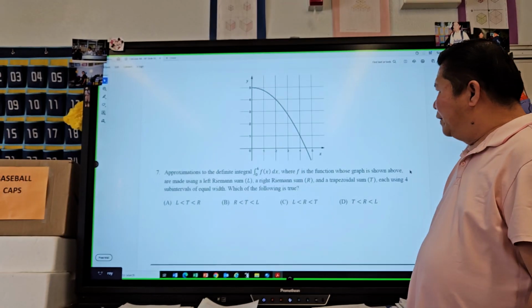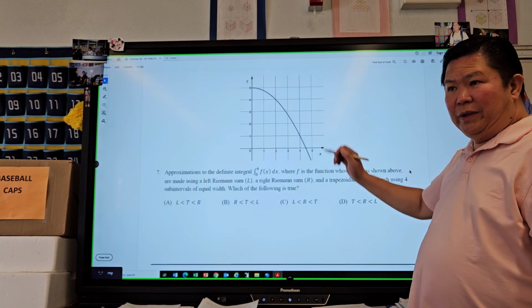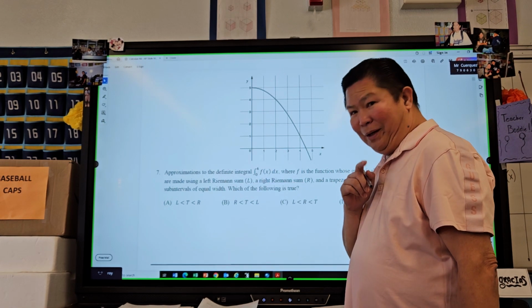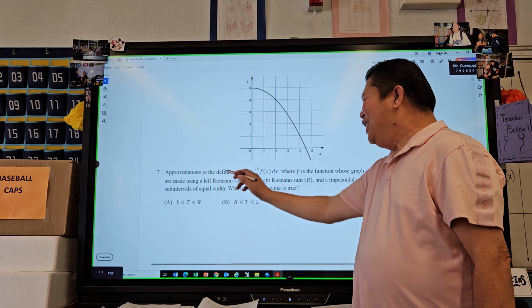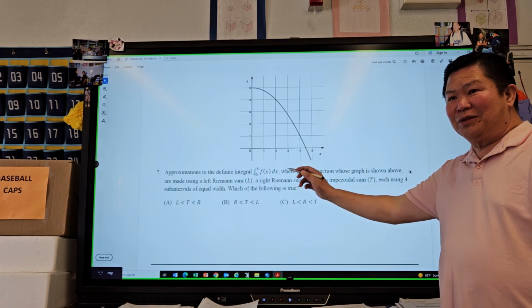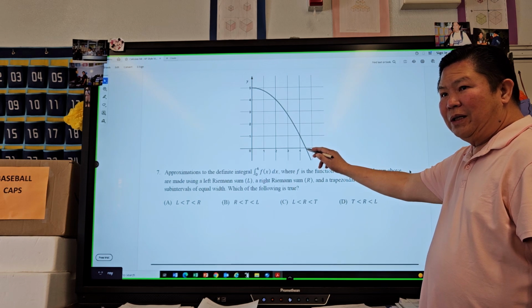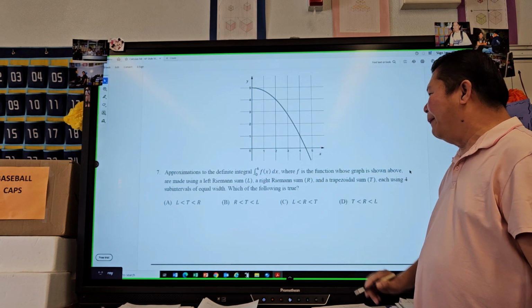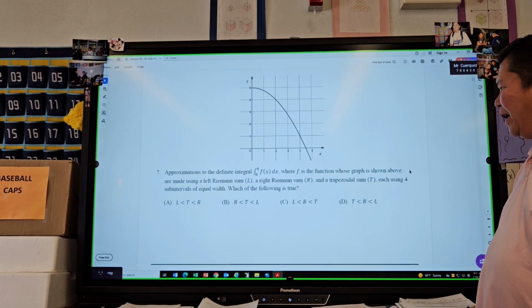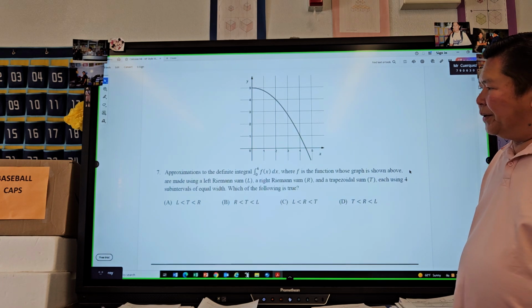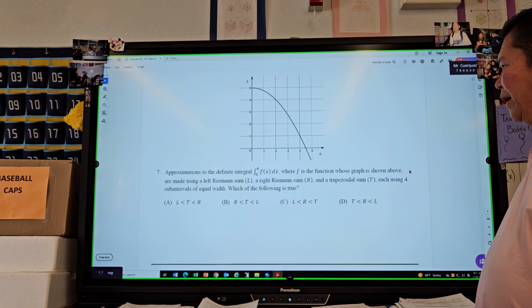So this is the graph of this particular problem, and it says approximations to the definite integral from 0 to 4. So it's from here up to here, right? Inclusive. This is the interval. So the integral of f of x dx, where f is the function whose graph is shown above, are made using